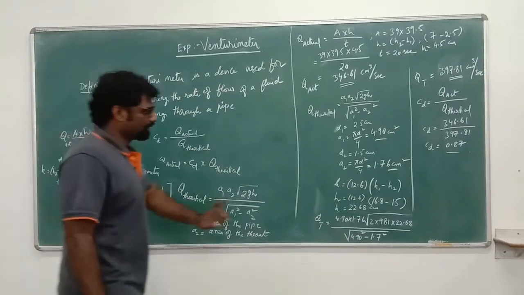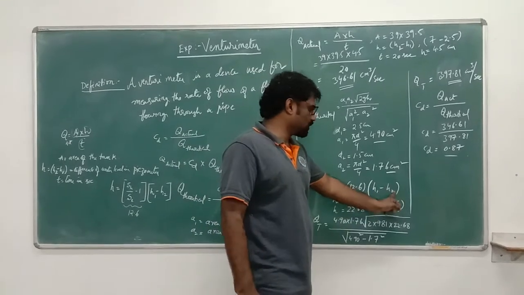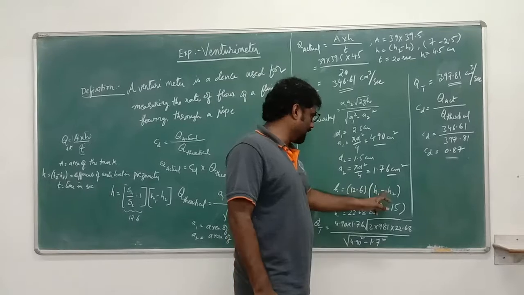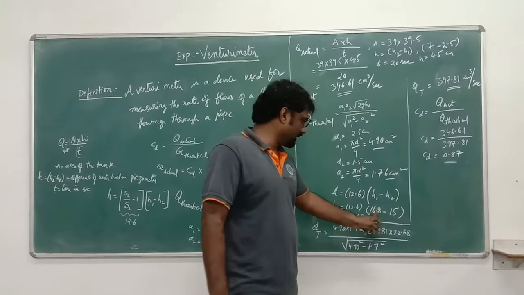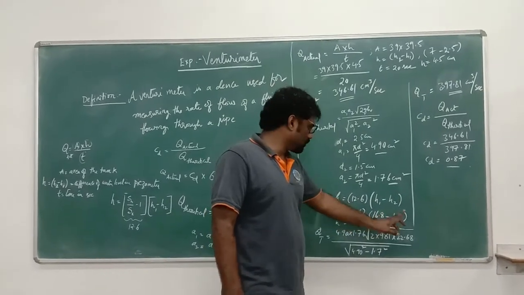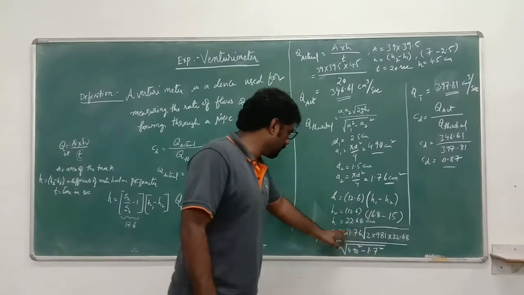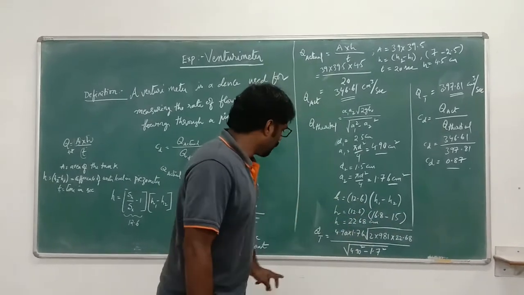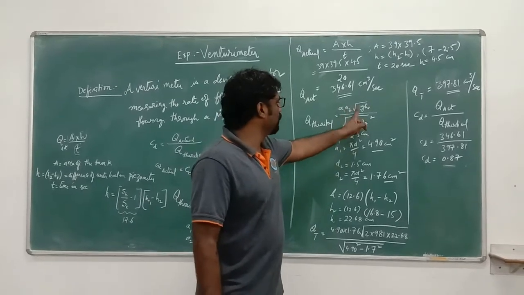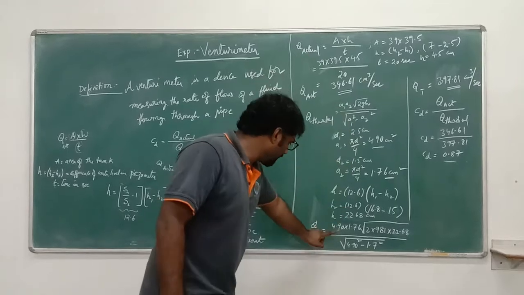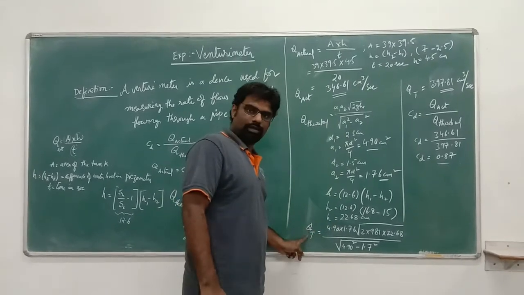Okay. So this 12.6 multiplied by the difference of H1 and H2. H1 and H2 values, we got from the manometers. H1 we got as 16.8 and H2 we got as 15 from the experiment. So we have substituted these values and we found out the H value here. So now we know A1, A2, we know G, we know H. Now we have to substitute all these values in this formula. So we have substituted that here to find out the Q theoretical.